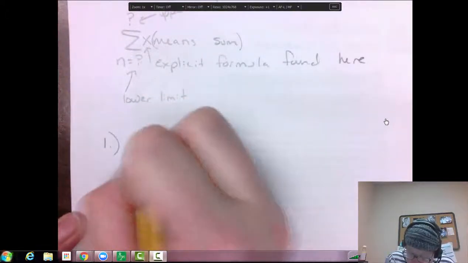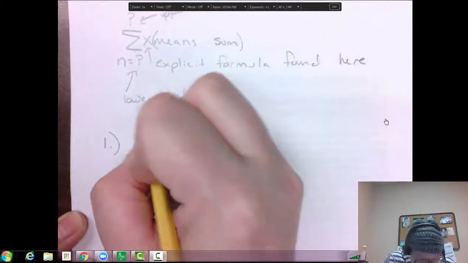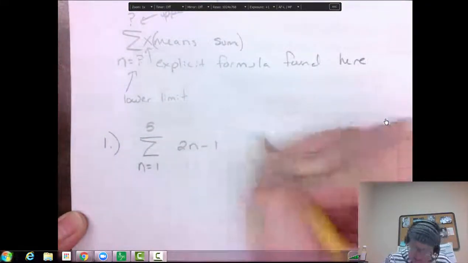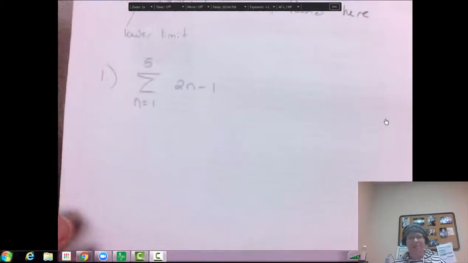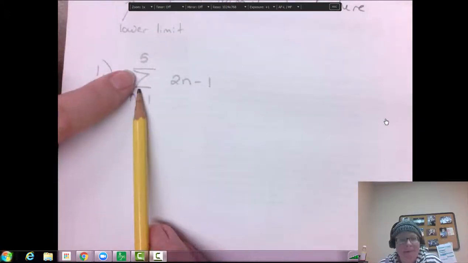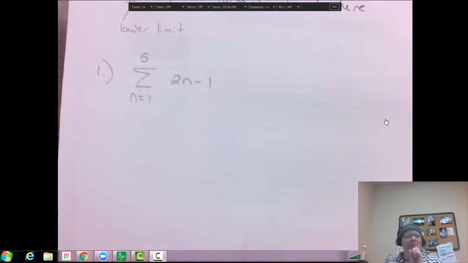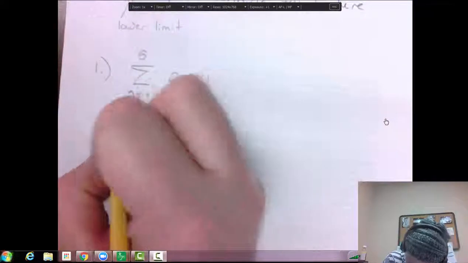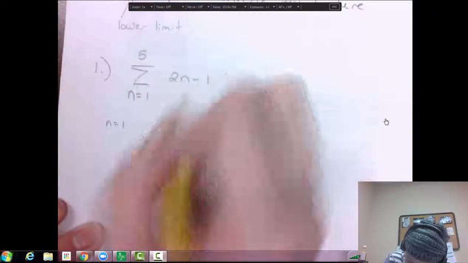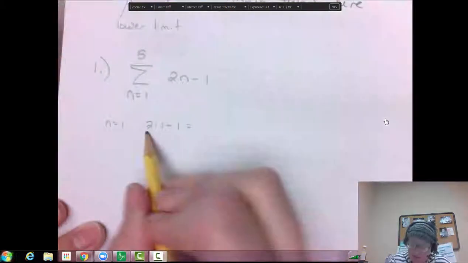So let's look at this written on a problem. We would say something like the sum from 1 to 5 of 2n minus 1. Okay, here's a series. What are we doing? What is this telling us? Well, it's saying add them up, start with term 1, go to term 5, there's your formula. So here's the kind of long way to do it. For n equals 1, put that in, I would have 2 times 1 minus 1, which 2 times 1 is 2, minus 1